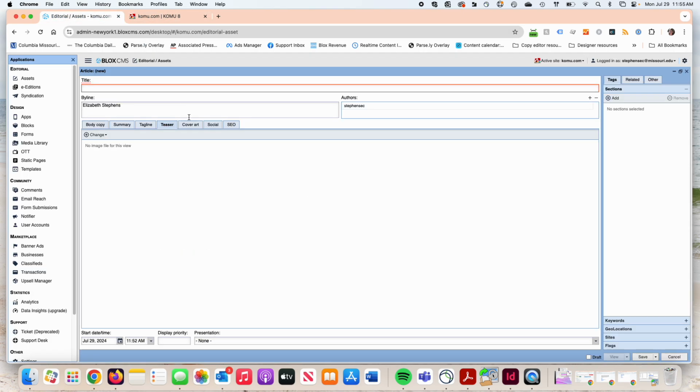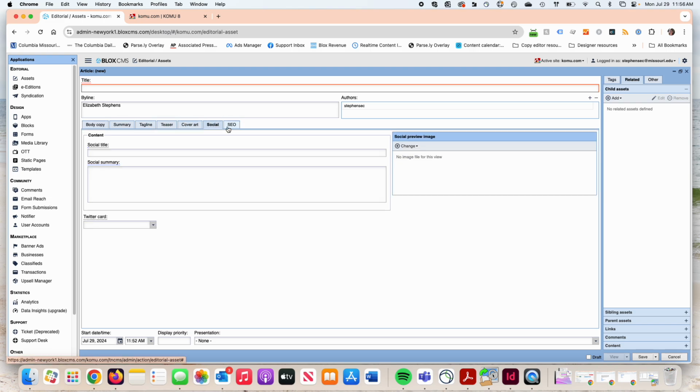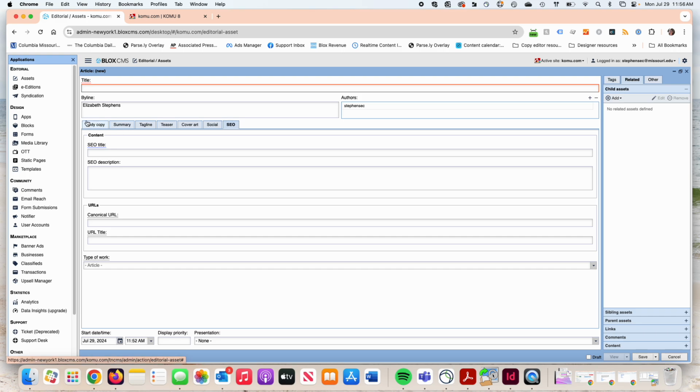So you may upload something that you have as a screen grab or copy it from another asset. That's the typical way that KOMU is going to add those images. We also use child assets as a way to show an image at the beginning. Cover art is not important at this point,